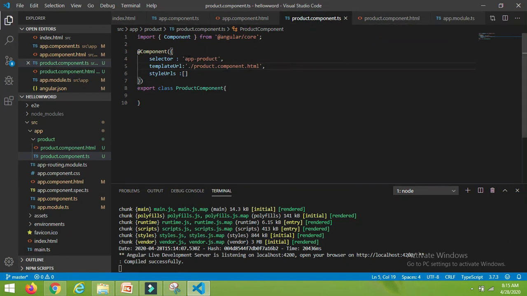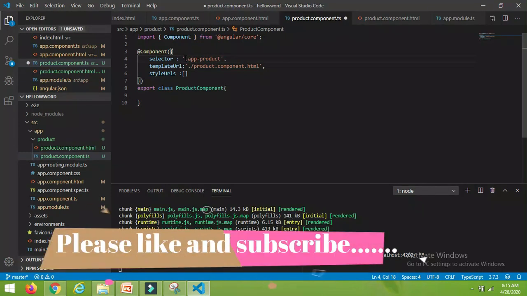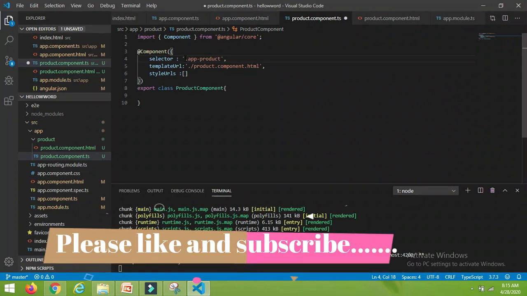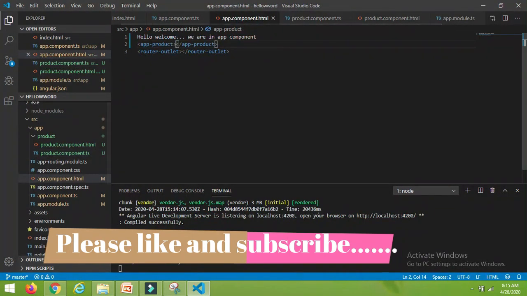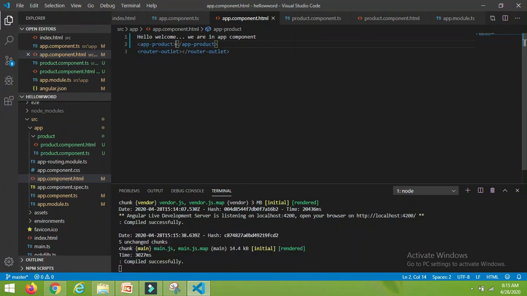So far we have used a custom HTML tag. Now I will show you how to do it by using a class. To declare the selector as a class, just prepend it with the dot. Once we prepend the dot to the selector, it will work as a class. Let's correct the app component HTML file, because now we are using it as a class.